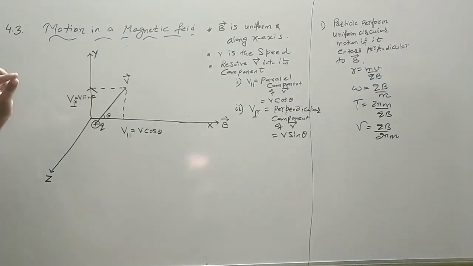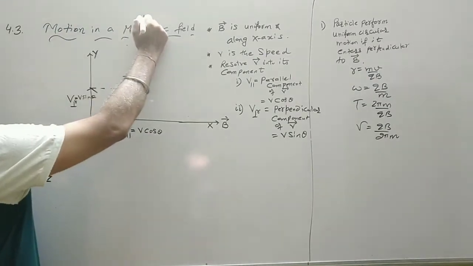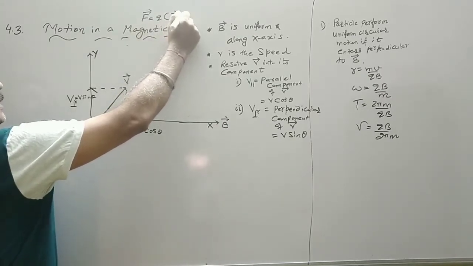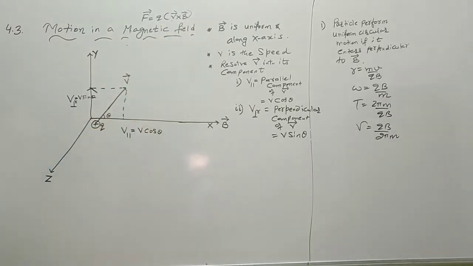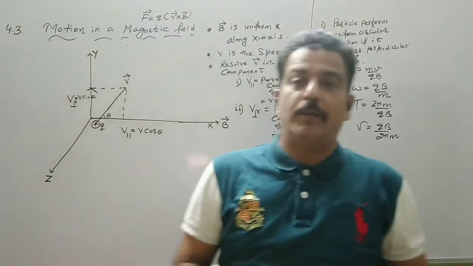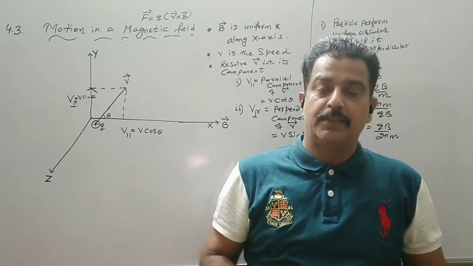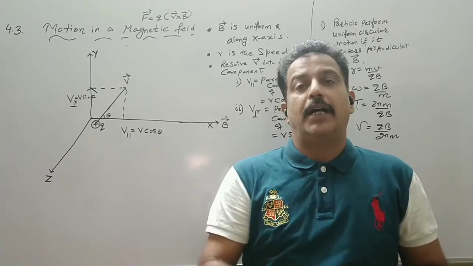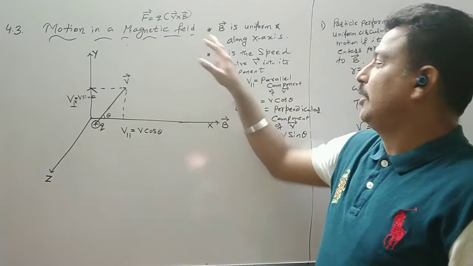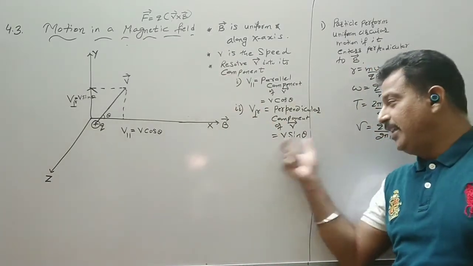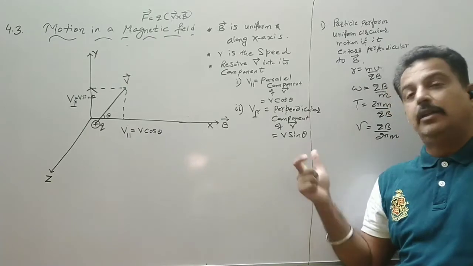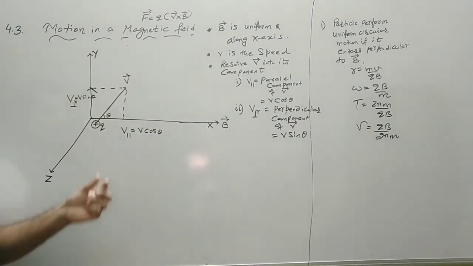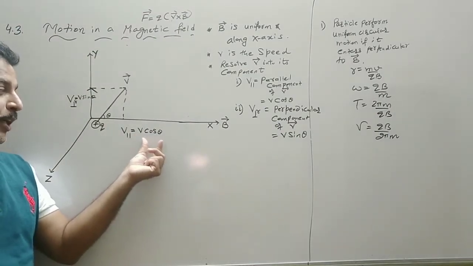Now if we see this formula, that is the formula of a Lorentz force, or you can say a formula for a magnetic force. If V is perpendicular to B, then the particle performs a circular motion. It means here the particle will try to perform a circular path due to the component V perpendicular. So V sin theta will make the particle move in a circular path, and V parallel, the component is V cos theta.